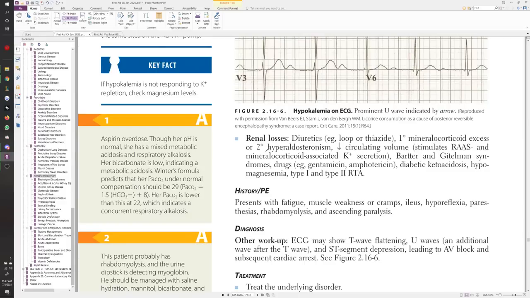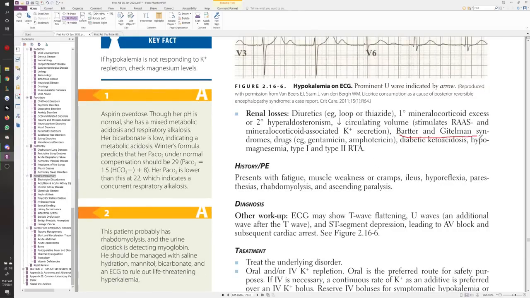Primary mineralocorticoid excess or secondary hyperaldosteronism, decreased circulating volume, Bartter and Gitelman syndrome, diabetic ketoacidosis, hypomagnesemia, and type 1 and 2 RTA, renal tubular acidosis. You need to go back and memorize Bartter, Gitelman, Liddle. We talked about some of this in the step 1 course yesterday. And then type 1 and type 2 and the other renal tubular acidosis problems and what they do. And this is stuff you don't memorize as a one-to-one association with the disease name. You memorize it based off of the nephron physiology. If you know what part of the nephron it affects, you should know what's not working, right? So that's something that you have to spend time on for sure to understand and better remember all these electrolyte